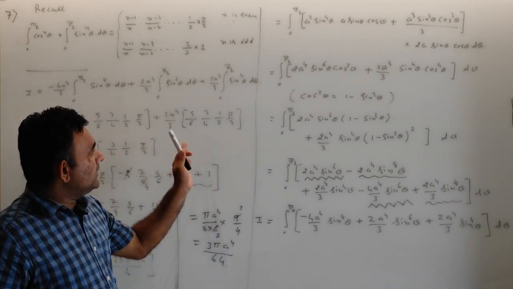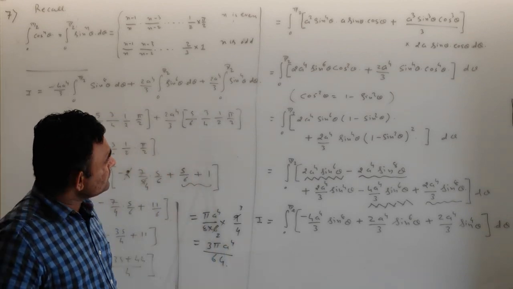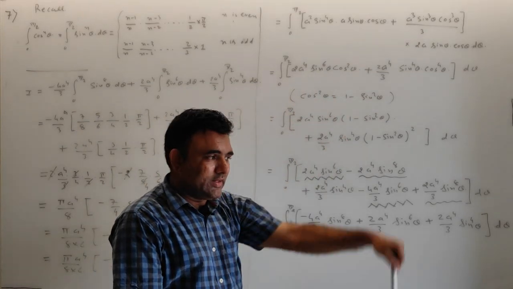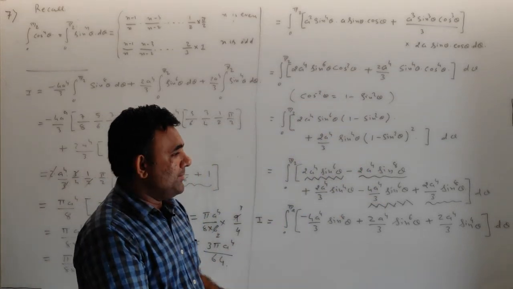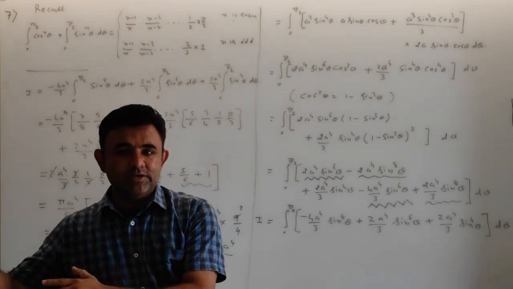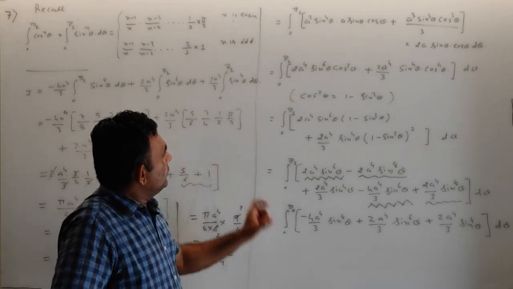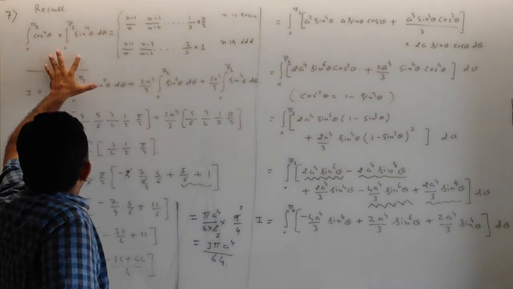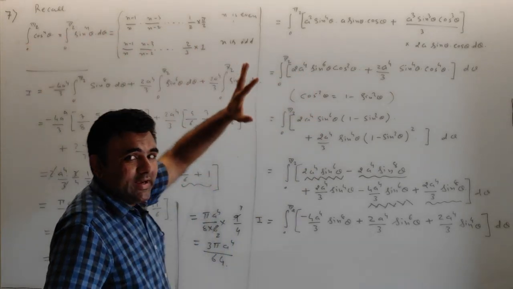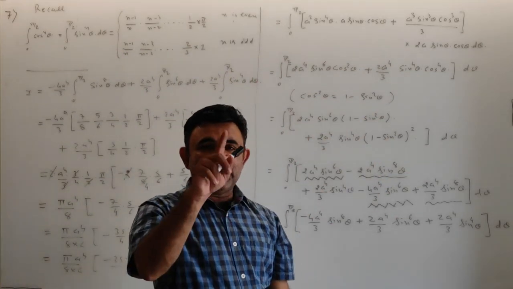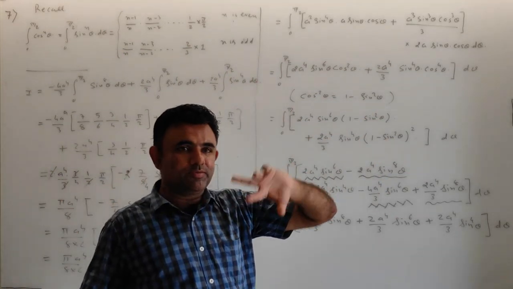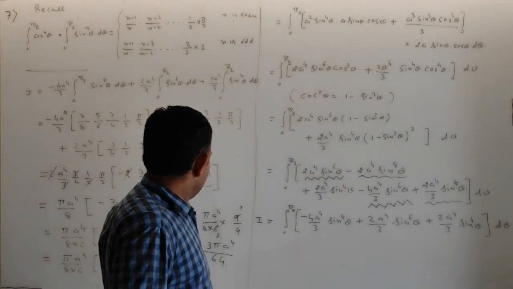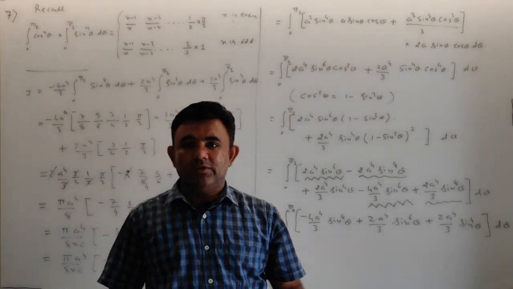So it contains a little bit of calculation, but see here we have a direct formula also, that sine raised to m theta into cos raised to n theta, that is m plus n. You have to see m plus n, then you reduce m plus n minus 2, m plus n minus 4 and so on, and in the numerator m minus 1. So you just recall the formula I have here for cos raised to n and sine raised to n. There is also a reduction formula for sine raised to m into cos raised to n. Again the limit is from 0 to pi by 2. So you can apply it directly here also, and then you will also get the same answer. You do it yourself that way.